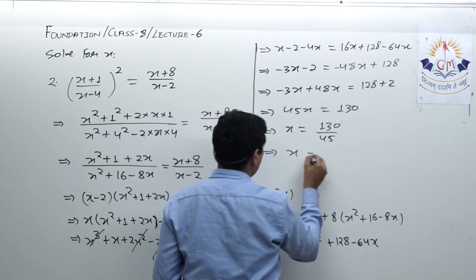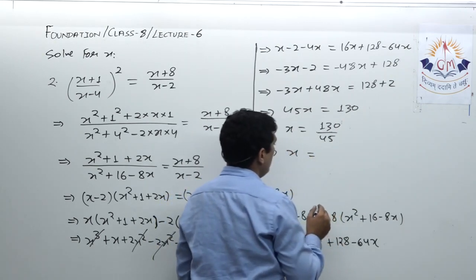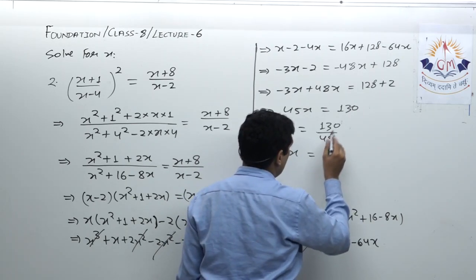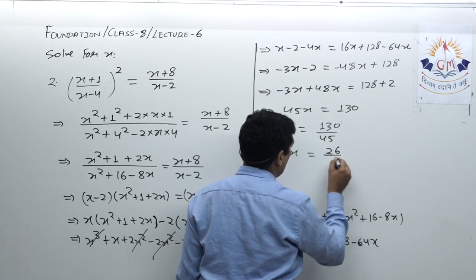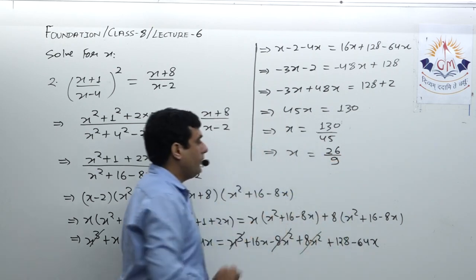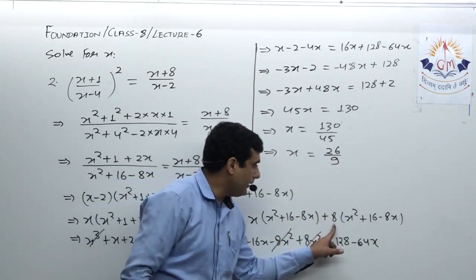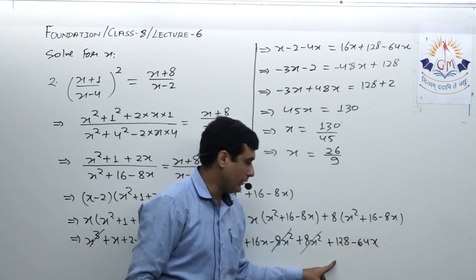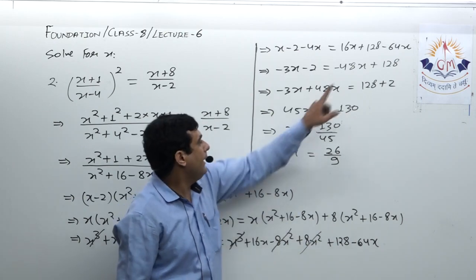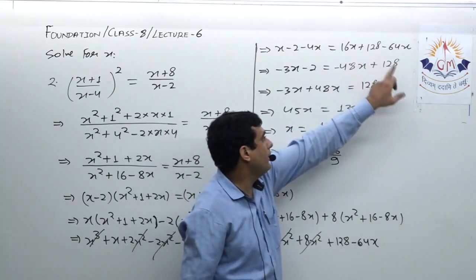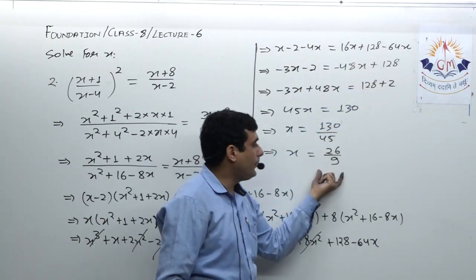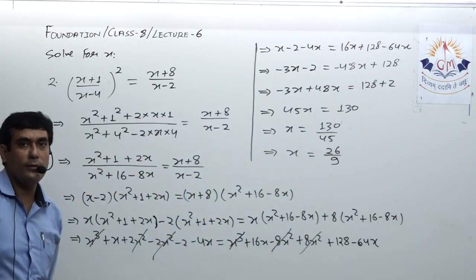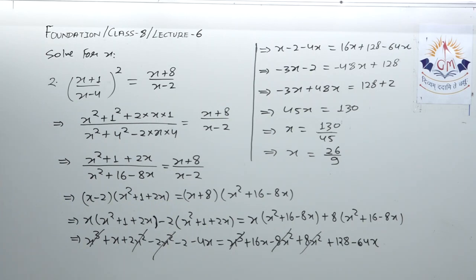Now x we can divide it by 5. Okay, so 26 upon 9. So this is my final answer. So over there I took actually 6 into 16, actually it was 8 into 16. So here it will be 128, and if I make these changes over here, here and here, this will be my final answer, 26 upon 9. So please note it down, then we'll see the next question.